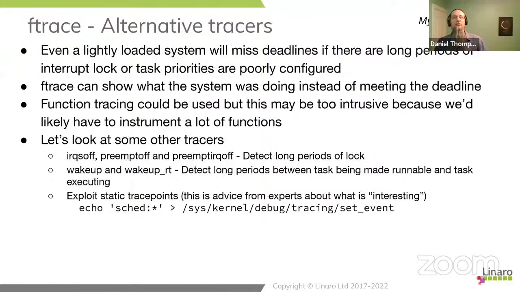Now, obviously, you could just use ftrace. You could use ftrace or function graph tracing and find out what functions were running just before we missed the deadline. That would give us some clue of what the system was doing. It would be a very good technique. But we've already talked about that, so I'm not going to talk about that one again. I'm going to look at some of the other possibilities we can do with ftrace.